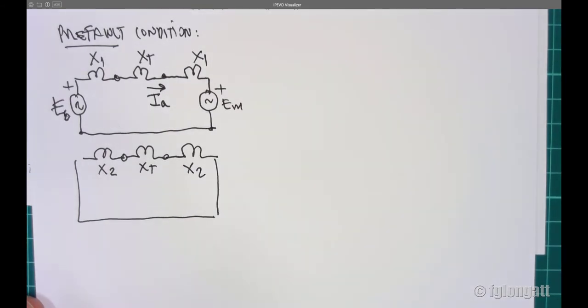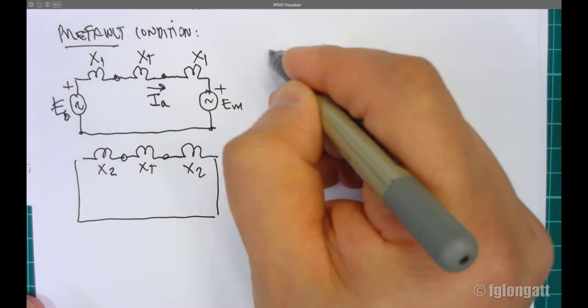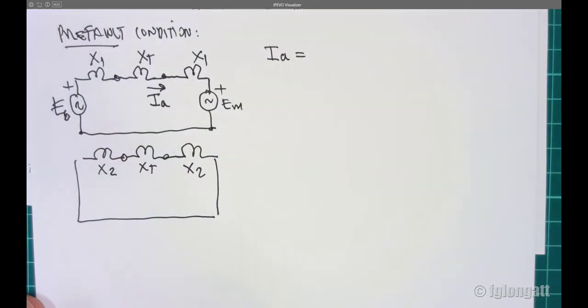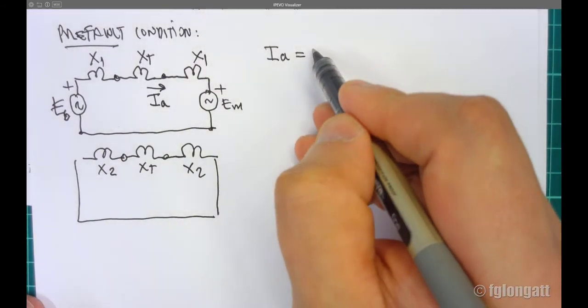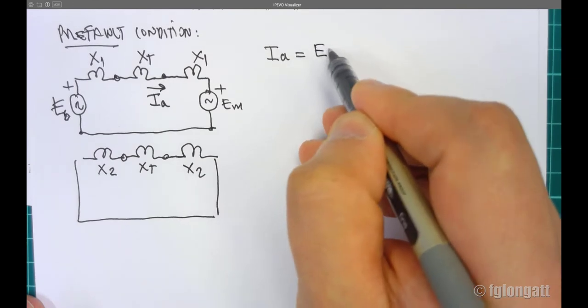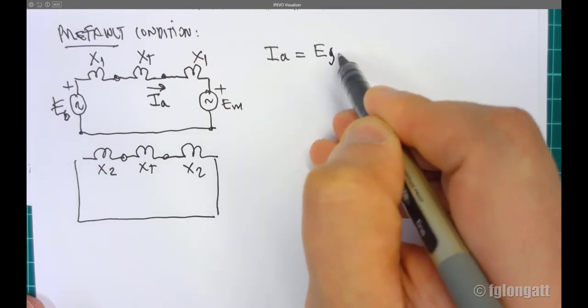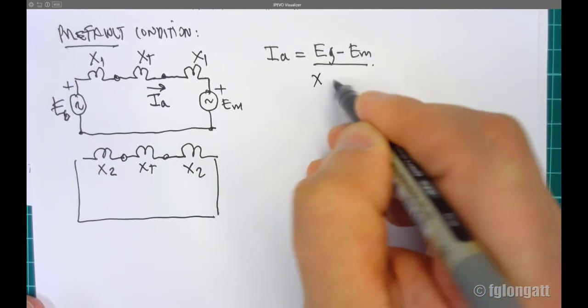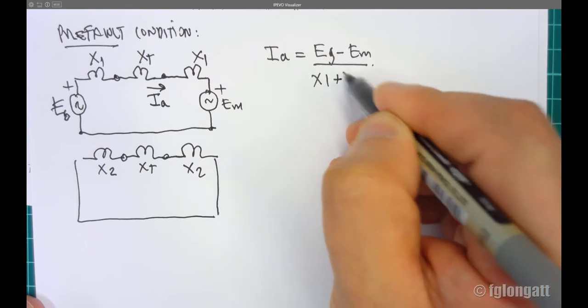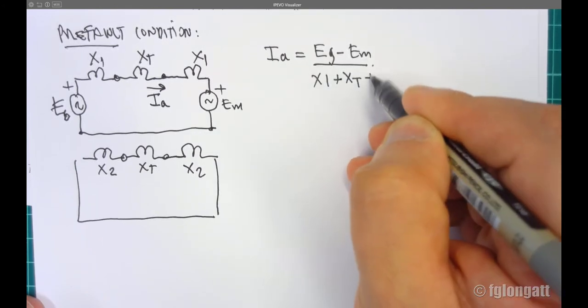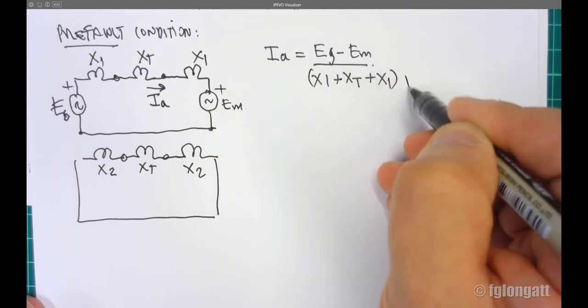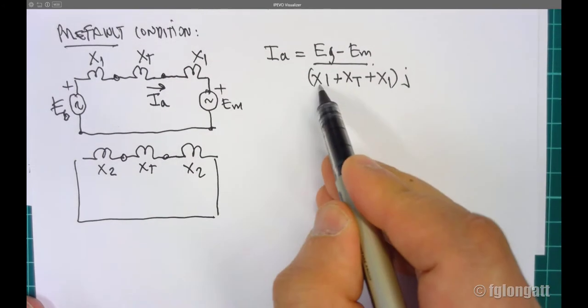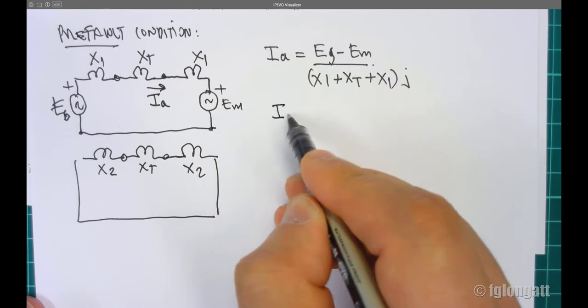But if we assume that this system is symmetrical and balanced previous to the fault, the current I in line A should be Ia, and because these ones are the same,